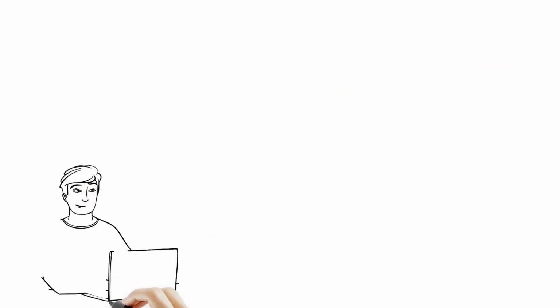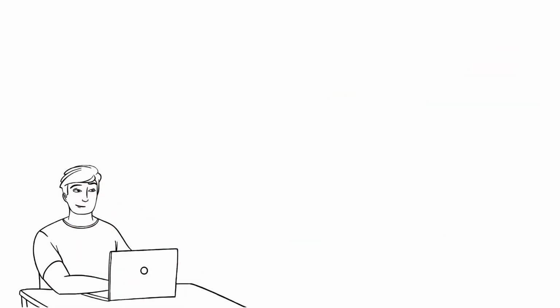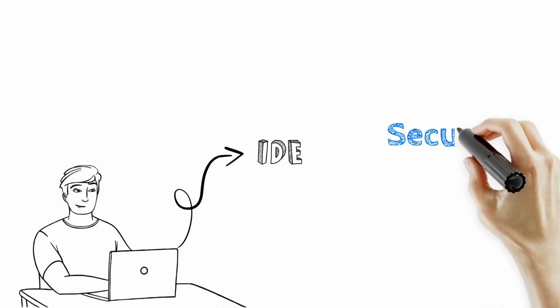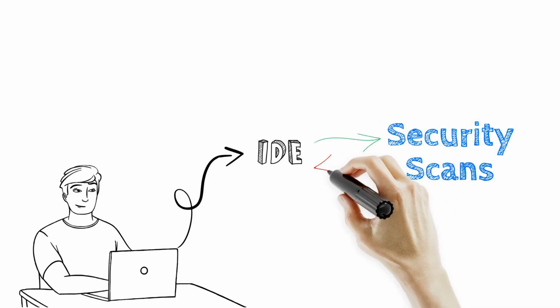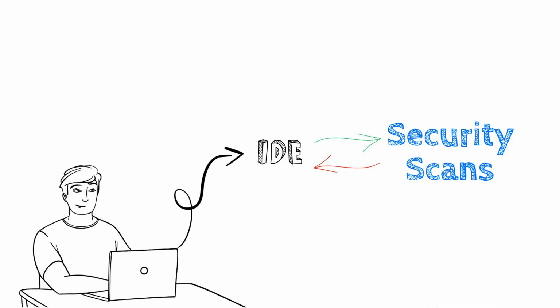Basically, into the IDE, you can integrate security scans like SAST solutions or SCA solutions to immediately have feedback on your code. That means you can also have plugins in that IDE that will communicate with the security scan solutions. The most common security checks in the IDE are called linters.